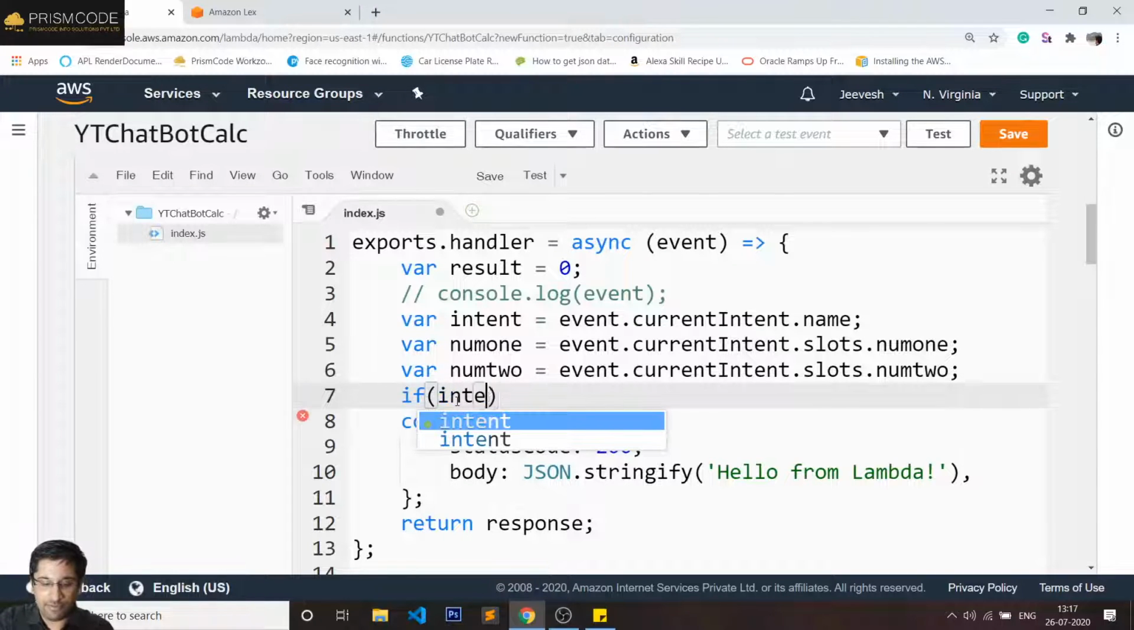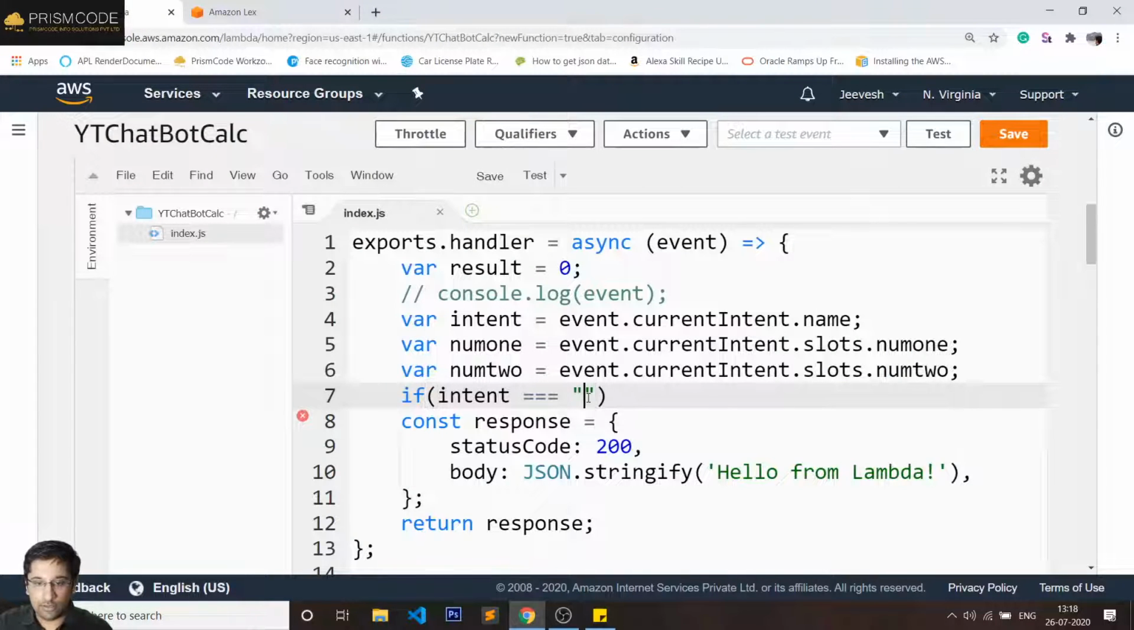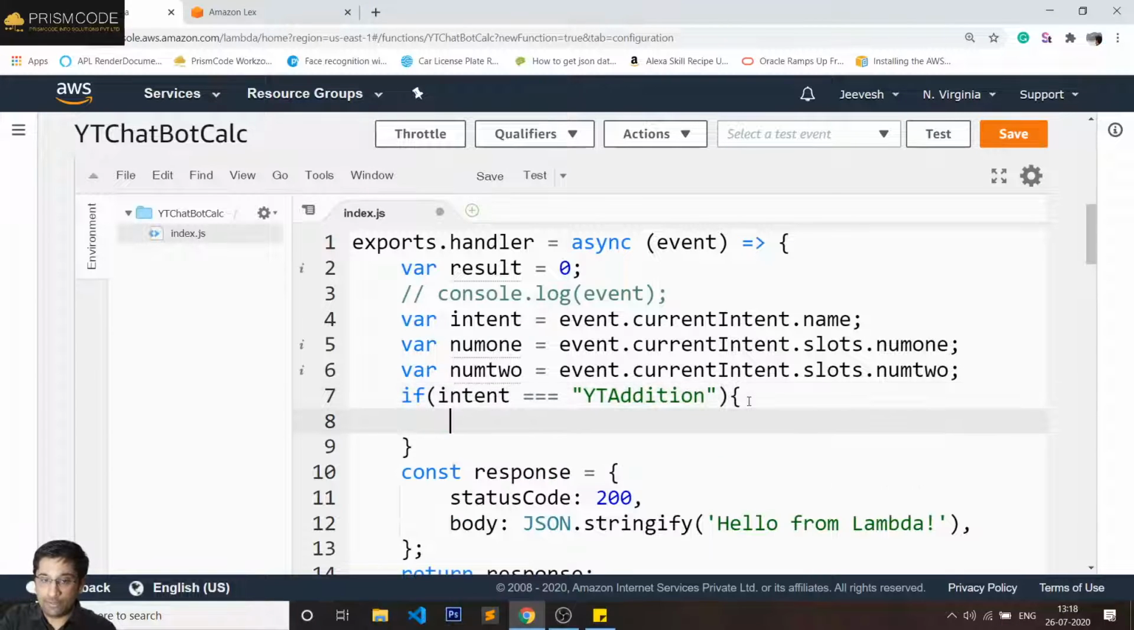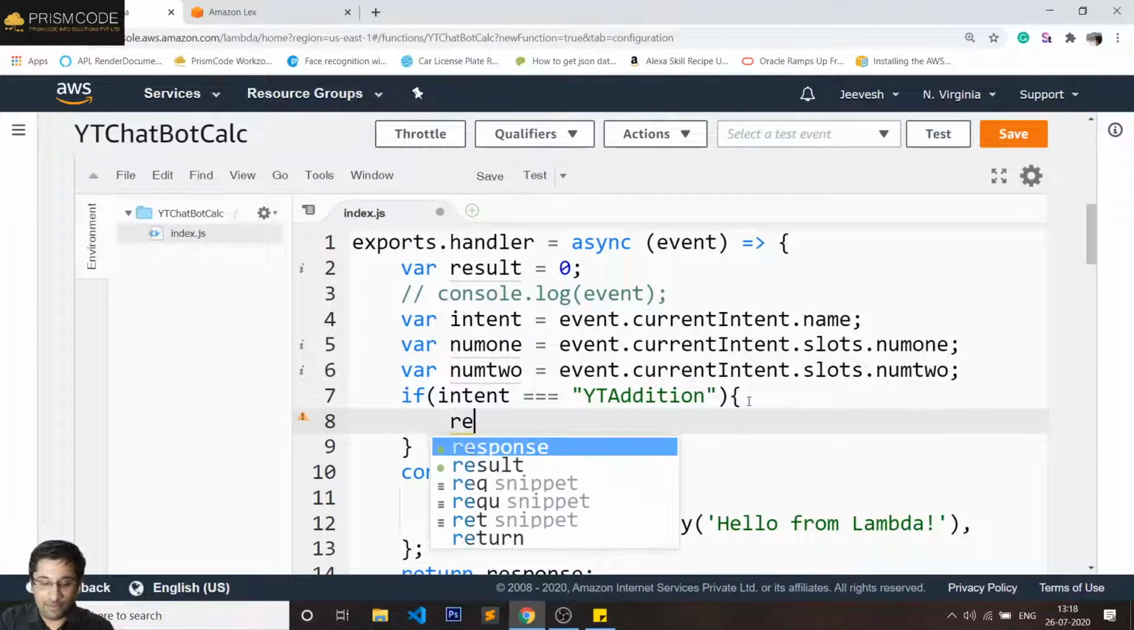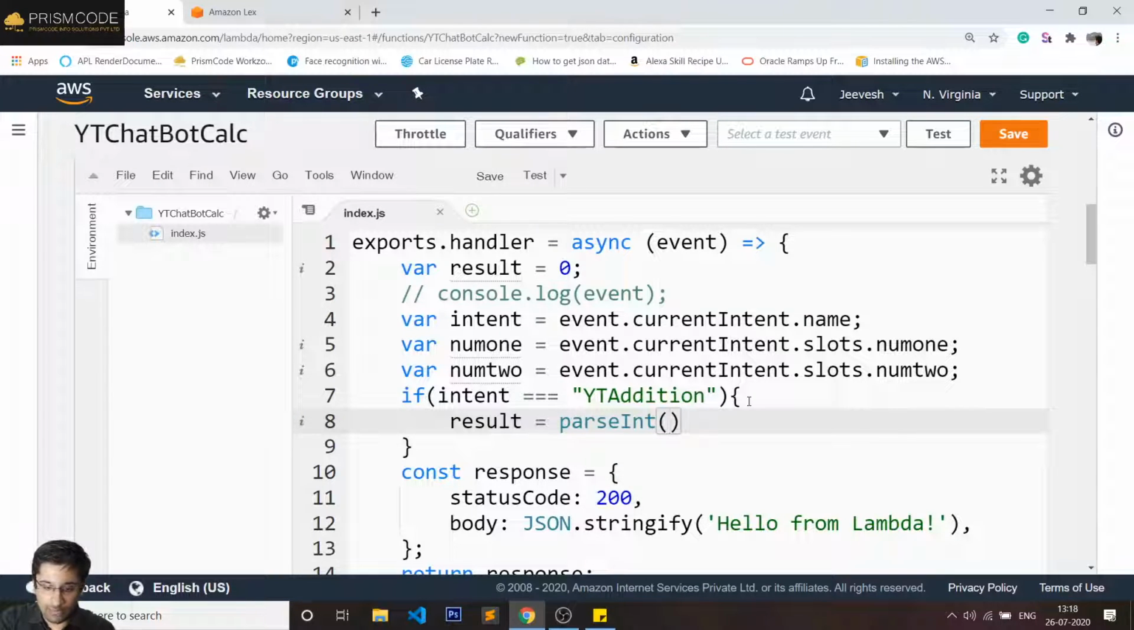So I can just type in if intent triple equal to, for those of you who do not know what triple equal to is, it is for checking if it is exactly the same as intent. JavaScript has a difference between triple equal to and double equal to. You can go check that out. I do not have enough time to cover that right now. So result is equal to parseInt, and I'm going to type in num1. This is an integer, plus is going to work as addition. parseInt again, and this is going to be num2. So you can see I have computed